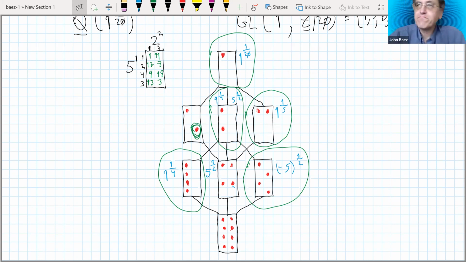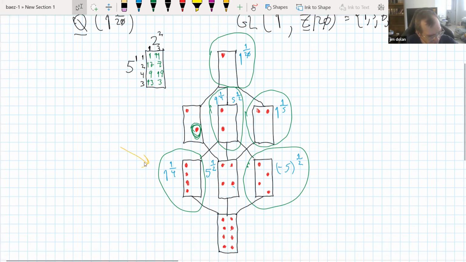So you were kind of showing us some tables, basically counting points over finite fields for certain elliptic curves. And I have a certain elliptic curve here, and I'm doing the same thing. So mine is probably going to be something like, I mean, this one here, it's going to be something like,